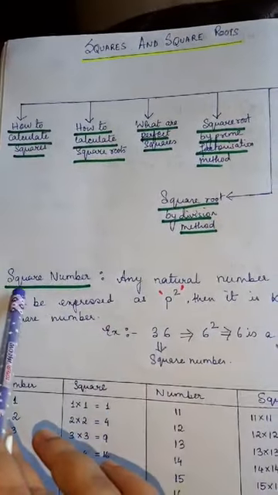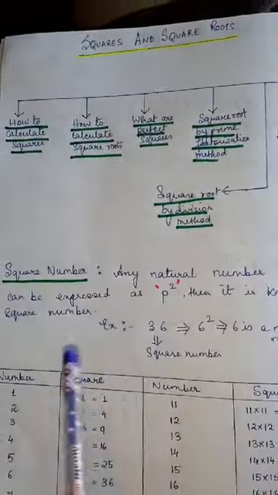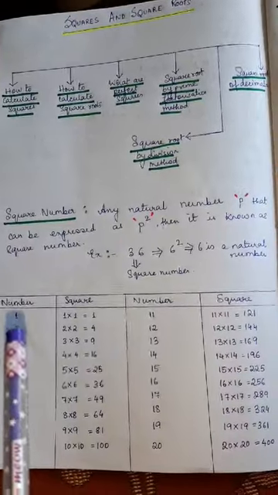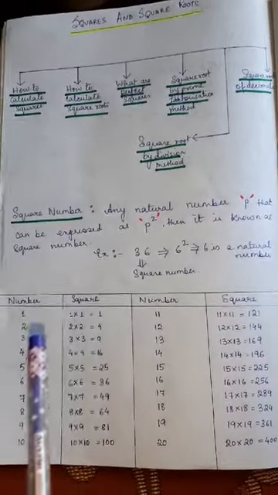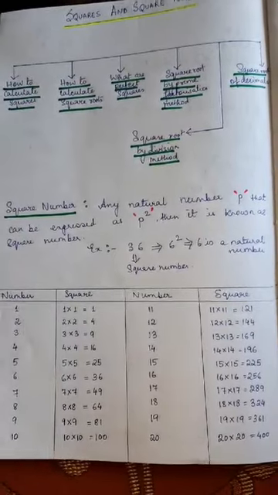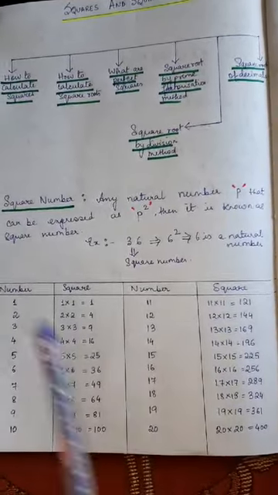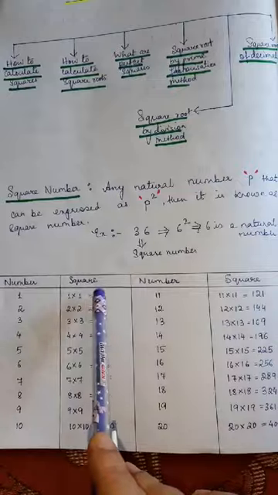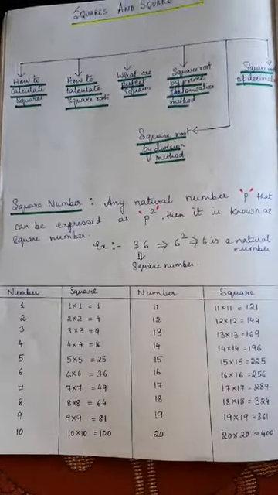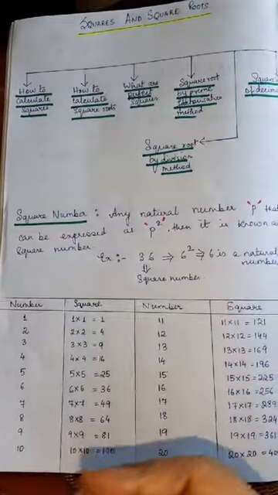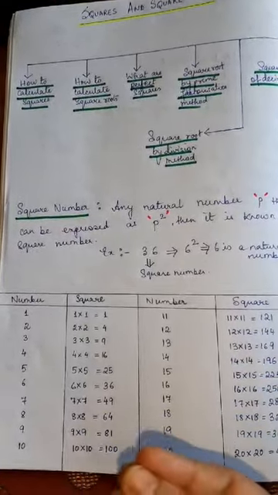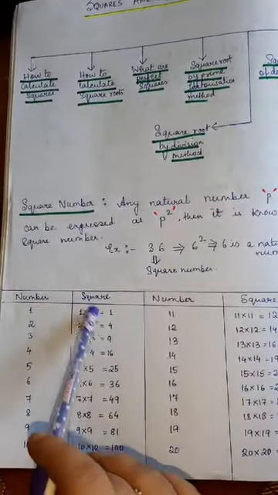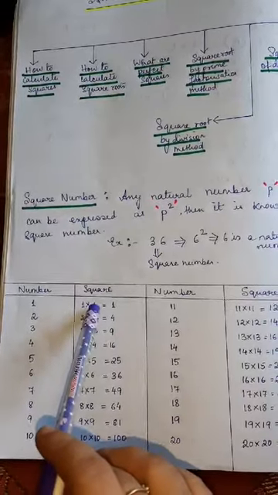So to start with, I have already told you what square numbers are. Now I have given a small chart for all of you to find squares of natural numbers. I have started from number 1 and stopped at 20. I have made a table. So number 1, square means 1 into 1 is equal to 1. In simple terms, square means repetition of the same number, or we double that number. So 1 square means 1 into 1. The same number will be repeated again.